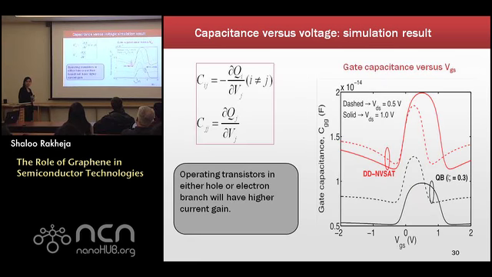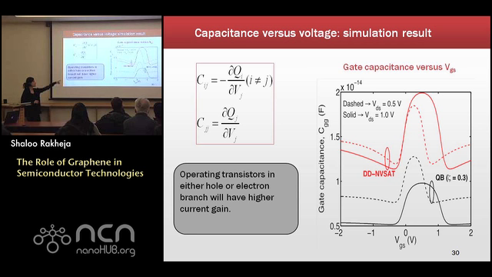So once you have the charges as a function of voltages, which is what I explained to you, now you can come up with capacitances as functions of voltages using the expressions given over here. I'll show you a typical example where we did the gate capacitance simulation versus the gate voltage, and we have both the drift diffusion charges and the quasi-ballistic charges. The bunch over here are quasi-ballistic and the top ones are the drift diffusion charges. And that's what I've been emphasizing, that the drift diffusion charges are always overestimated and therefore the capacitance is also overestimated.